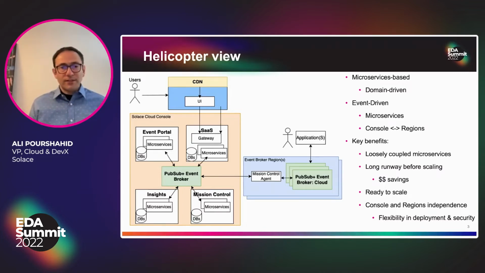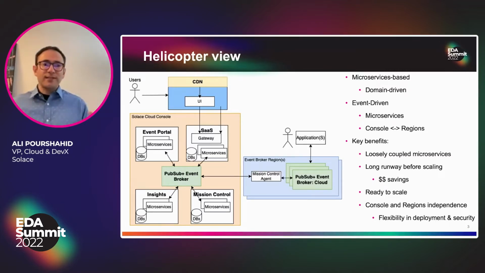The other element of this architecture is what we call event broker regions. So this is where we deploy the services that we provide to our customers. And the beauty of these regions is that they can be deployed to anywhere, whether it's our customers' on-premises data center or any cloud accounts that they might have that they want to deploy to. And so these two pieces communicate together through events. And again, the beauty of this architecture and the way we've designed it is these satellite regions, these regions that we provide our services to the customers, are very malleable and they can adhere to our customers' requirements.